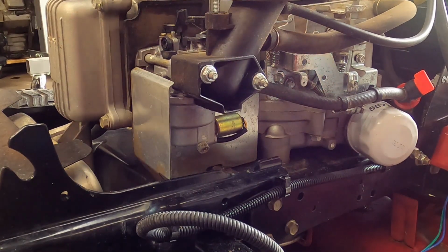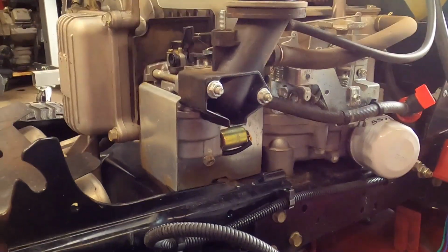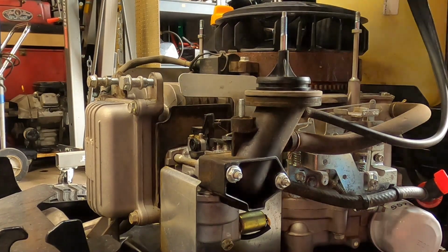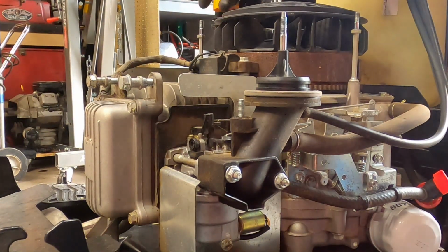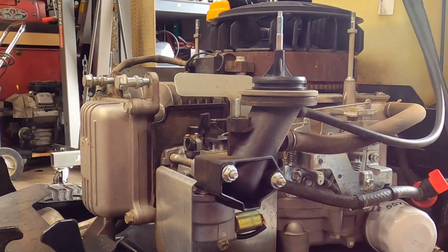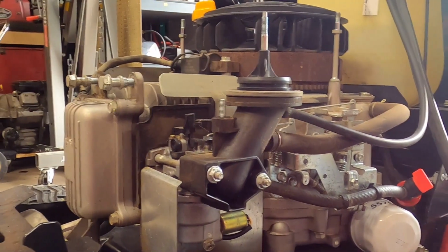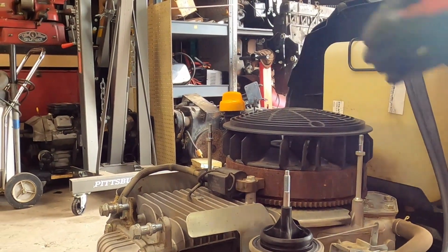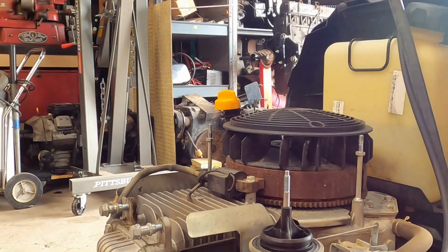Set your cover back on. I'll pan you guys up a little bit. Like I say, it's a 30-minute deal. Real quick and easy. Loosen your oil cap. I don't know if we can see that. Can we see the oil cap? Here, you guys stand up a little bit. Pay a little closer attention up here. Just loosen it